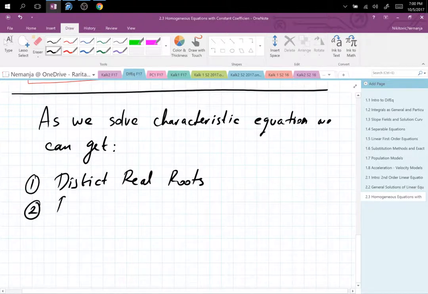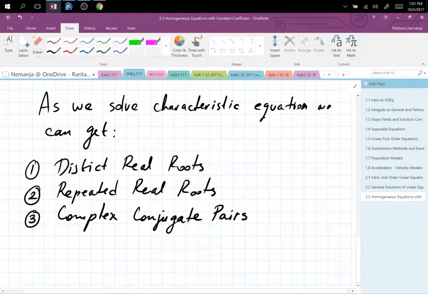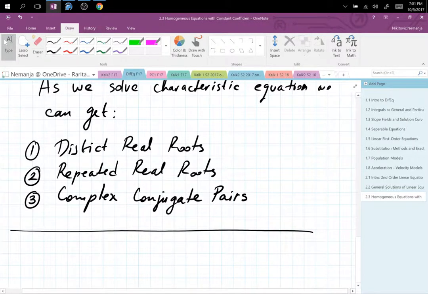Number 2, repeated real roots. Number 3, complex roots, complex conjugate pairs. Kind of many. And now